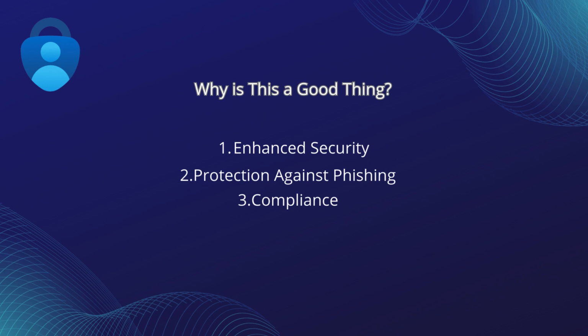Compliance. Implementing MFA helps organizations comply with various security standards and regulations, ensuring that they meet the necessary requirements for protecting sensitive information. User trust. By enhancing security, organizations can build trust with their users, demonstrating their commitment to protecting user data and maintaining a secure environment. Overall, mandatory MFA is a crucial step in improving the security of user accounts and protecting against potential threats. It ensures that only authorized users can access sensitive information and services, making it a valuable addition to any